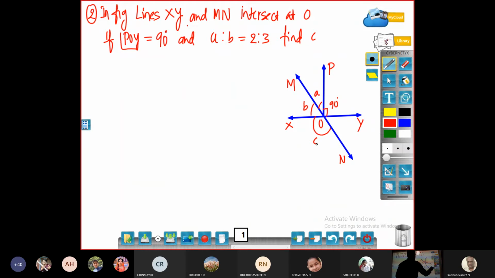So now let us solve this question. The data that is given: angle POY is equal to 90 degrees and A is to B is in the ratio of 2 is to 3. See, OP is a ray standing on